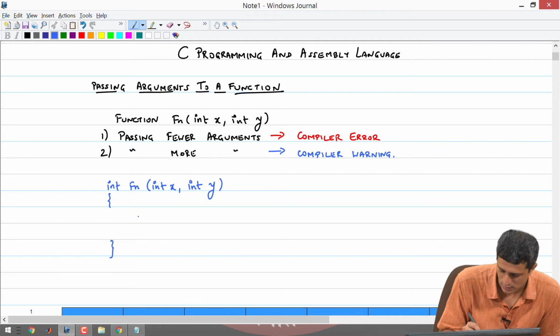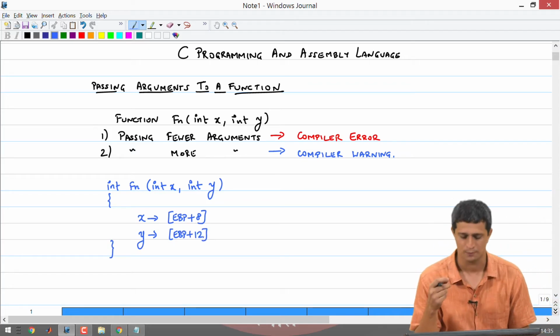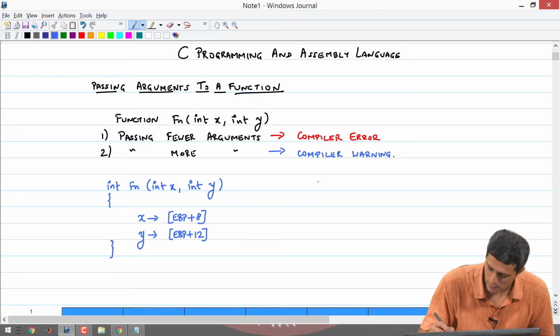Okay, so x will essentially be the contents of EBP plus 8 and y will be the contents of EBP plus 12 if it is a C program. If it is a C++ program, then the offset will be slightly more, as discussed earlier. Now in my main,